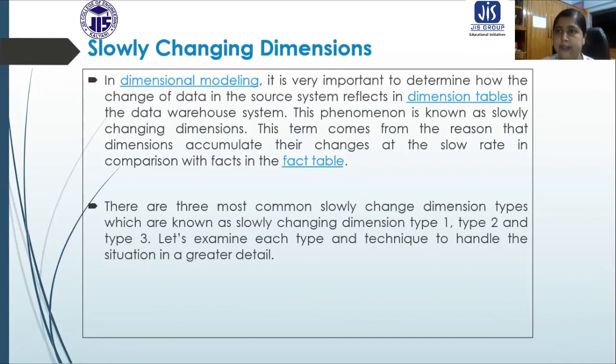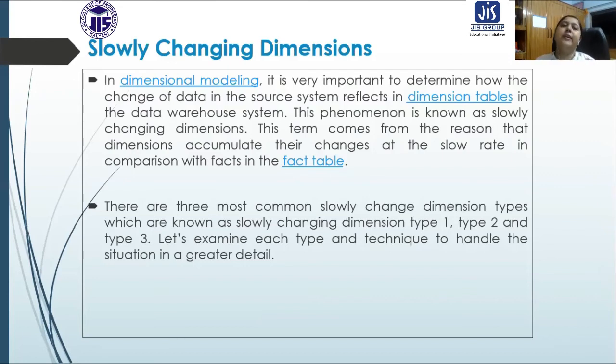Dimensions are connected with the fact table, but some dimensions may be connected with other dimensions. They are not directly connected with the fact table because of normalization. Now in the fact constellation schema or galaxy schema, we can have multiple facts in the same data warehouse schema, and one dimension table can be connected with multiple fact tables.